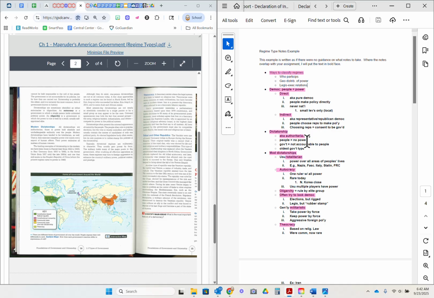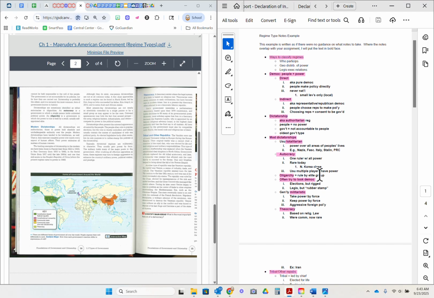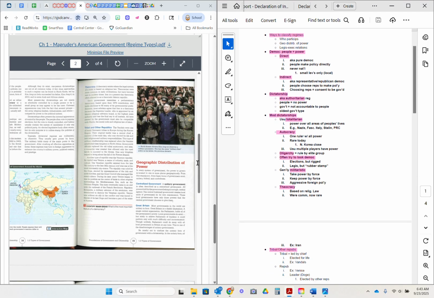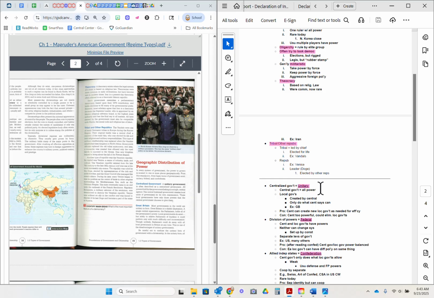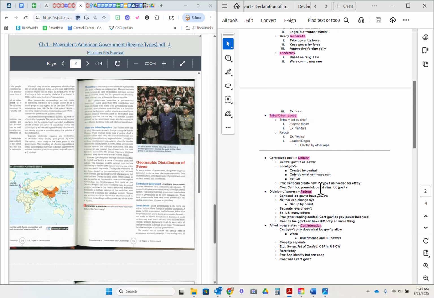Just follow through with the main points in each subject. But notice I'm writing no complete sentences. I'm using abbreviations for recurring things like government as much as possible. We've got some of our other definitions of types of authoritarian regimes as we go. Of course, I didn't have you take notes over tribal and other republics. But again, this example is meant to be as if I had just approached the text without